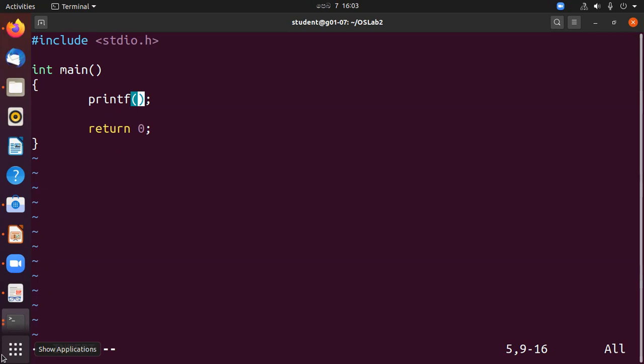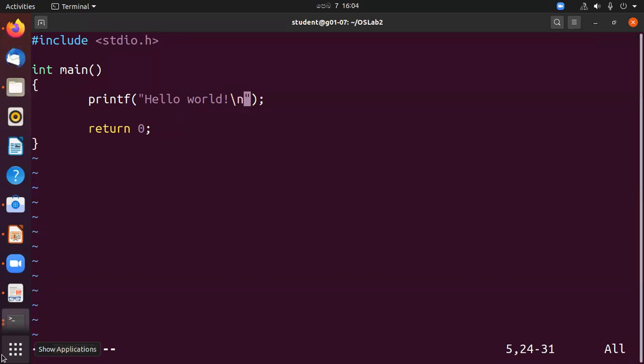So adding double quotes also at the same time. Then type hello. I think you have already executed this program even in the lab session. This can be the second time you are executing hello world program. So \n